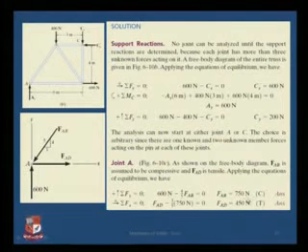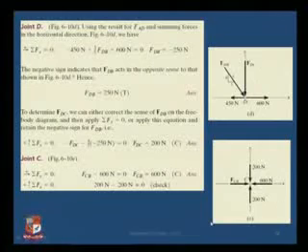to 750 Newtons. Then I have my summation Fx equal to 0, where I have taken my force going from left to right to be positive. Then I have FAD, which is going from left to right to be positive, minus the horizontal component of this force, that is 3 upon 5 of 750 Newton, which I have already found out here. So from that I will get FAD equal to 450 Newton, which is again tension.